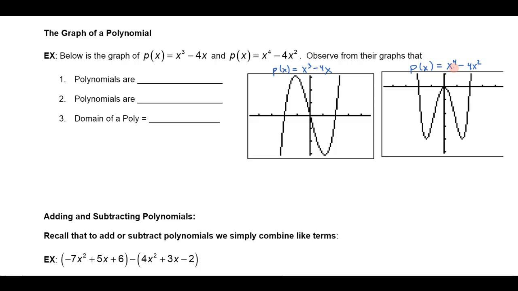And just a couple things to notice about a polynomial is that number one, polynomials are continuous. You can always graph a polynomial without lifting your pencil. So notice that you never have to lift up your pencil to complete the graph there,